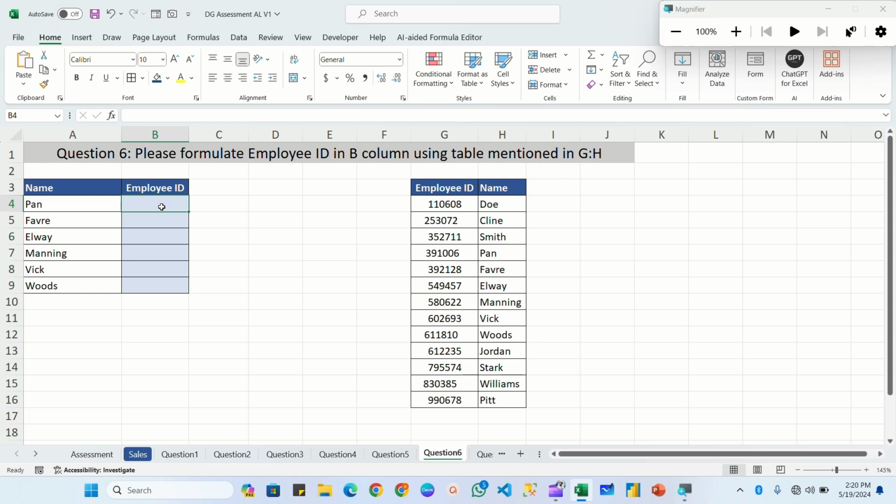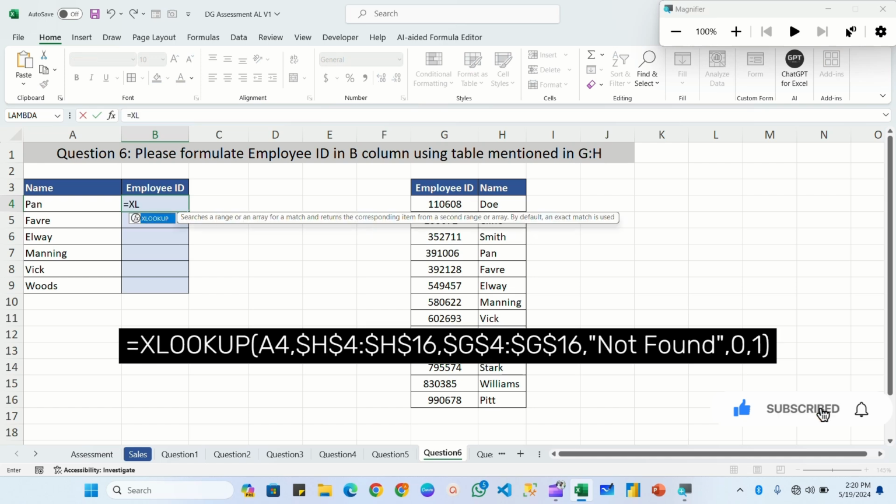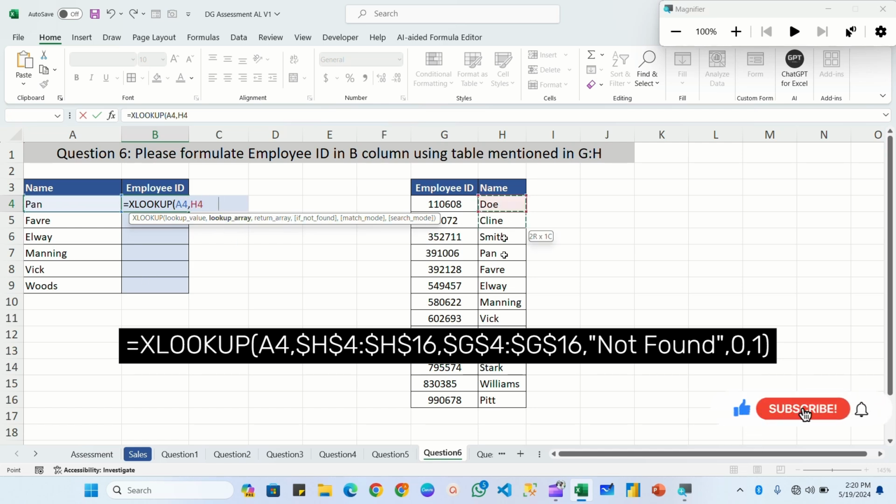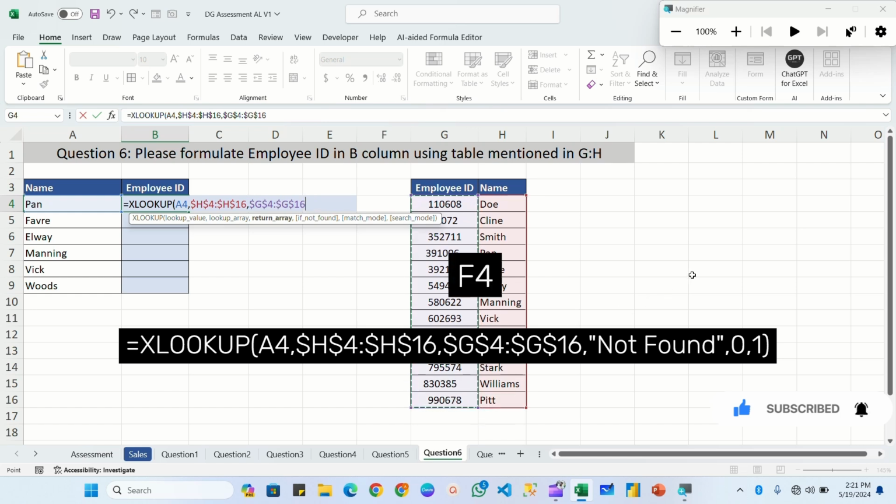So here I'll be using XLOOKUP. So simply we will write =XLOOKUP. It is asking for lookup value. So we have to look up the name, comma, lookup array. So where we have to look up? So we can pass this lookup array. We will press F4 to fix this range, comma, return array. What we have to return? So here we need to return employee ID. So we will select the employee ID column, press F4 to fix this range, comma,